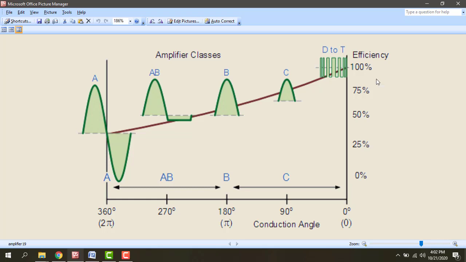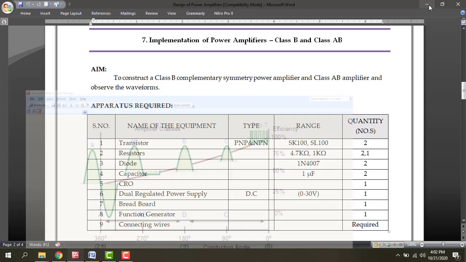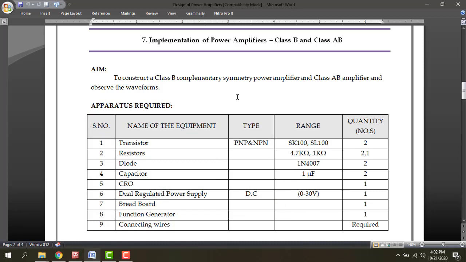Class A amplifier we have already completed in the previous experiment. The common emitter amplifier is the example for the class A amplifier. In the common emitter amplifier, there is one transistor. The transistor will conduct for both half cycles, the positive cycle as well as the negative cycle, and the output will be sinusoidal. So the common emitter amplifier is the class A amplifier. If a question is asked to explain the class A amplifier, then you can explain the common emitter configuration, or common emitter amplifier only. So we will not see class A in this experiment.